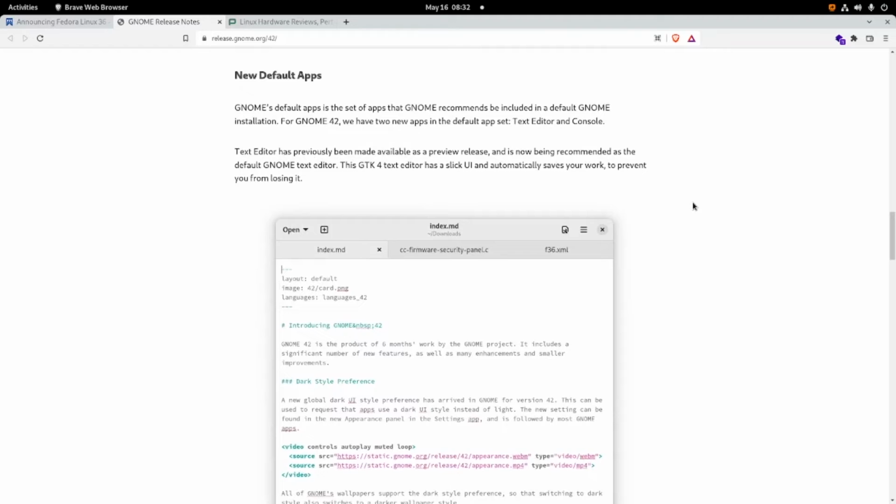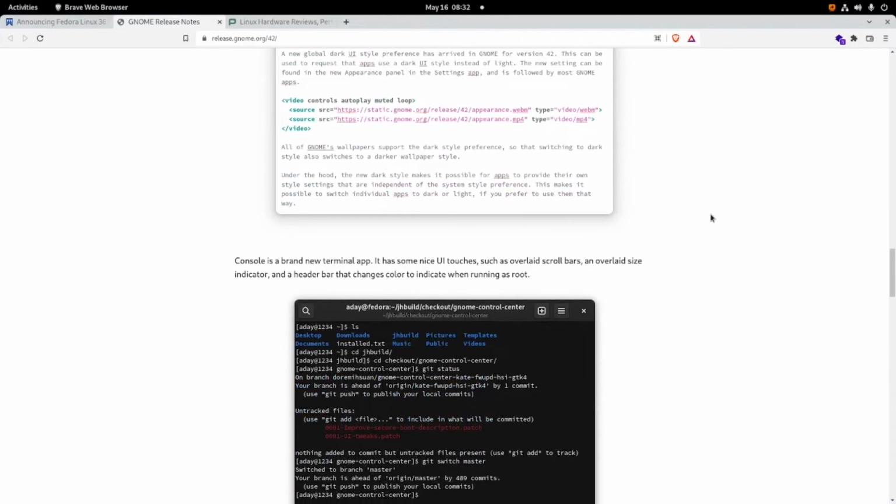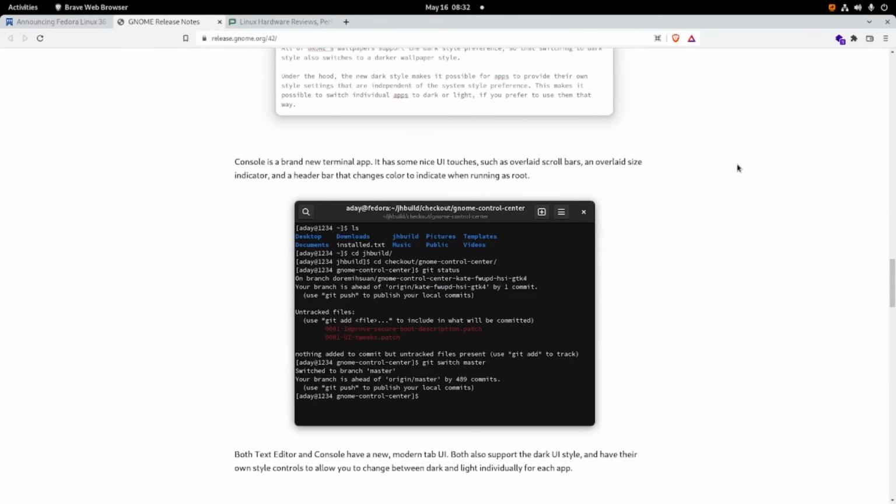The GNOME 42 has changed the default text editor from the gedit to something called GNOME text editor. And then the terminal is changed to something called console. It's different with the KDE version.